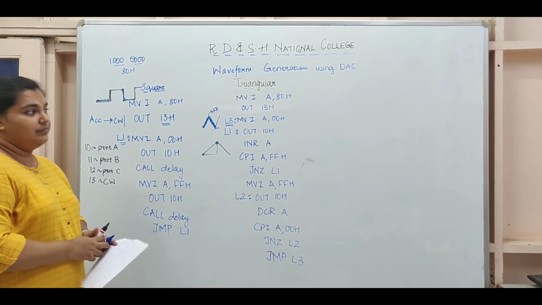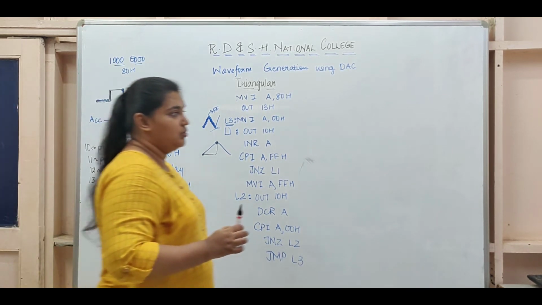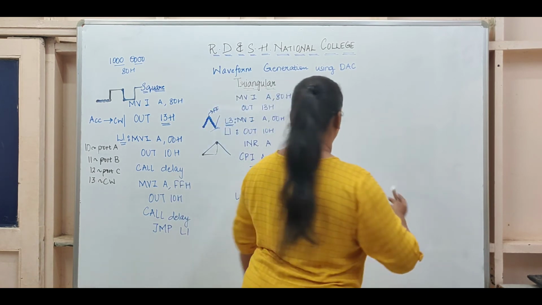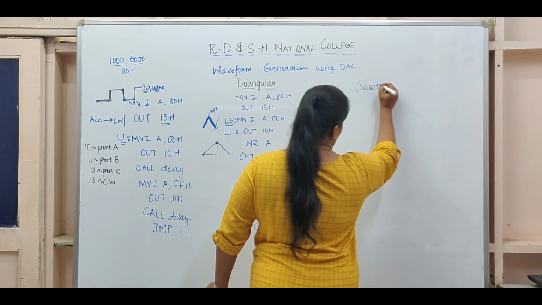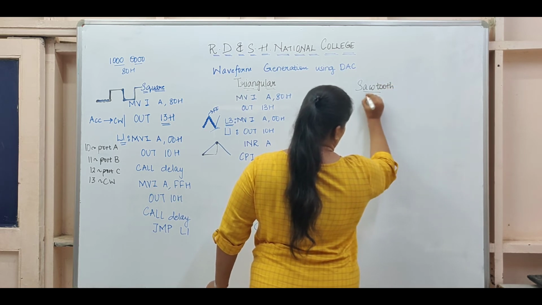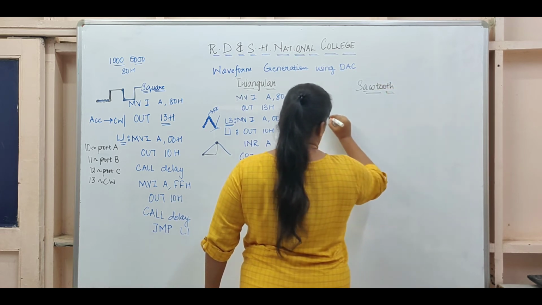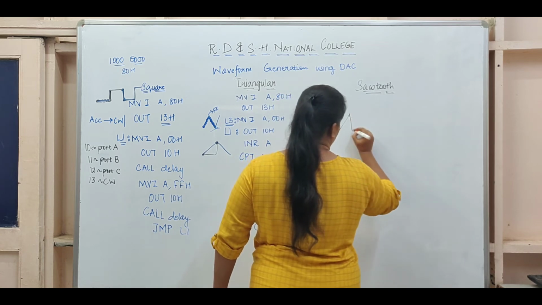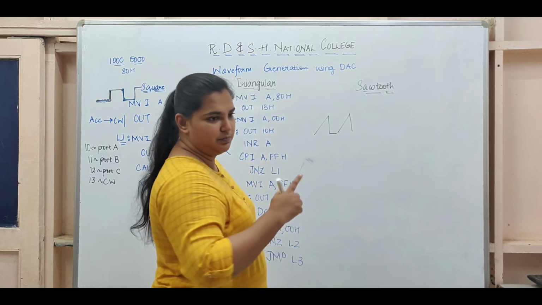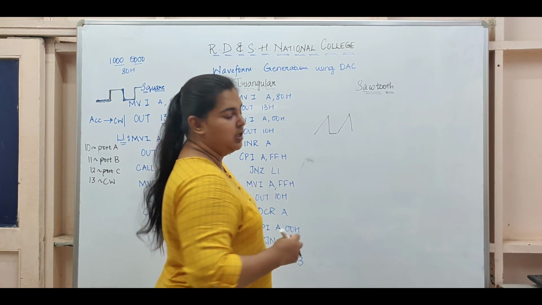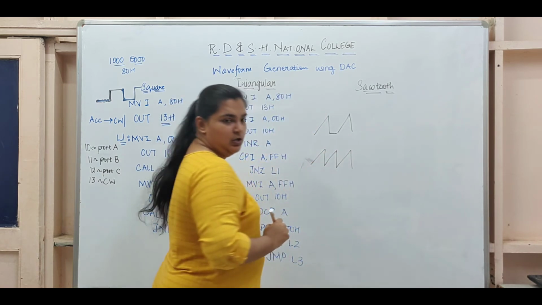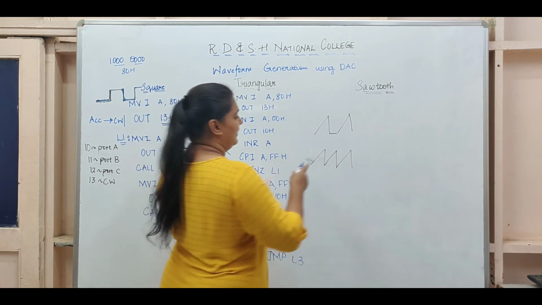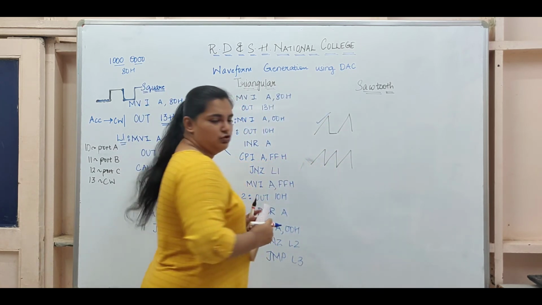Now let us see if I want to work only with sawtooth. First thing, there is a lot of confusion with what is sawtooth and what is ramp. So what I am going to tell you now is sawtooth. When you have a delay in between the two spikes, that is sawtooth. But at times when you draw this, it is a ramp. So be sure to include your delay for sawtooth.